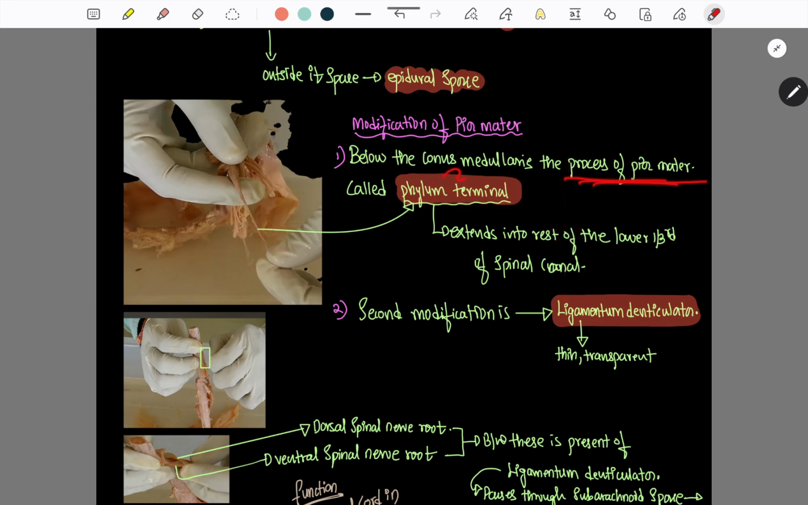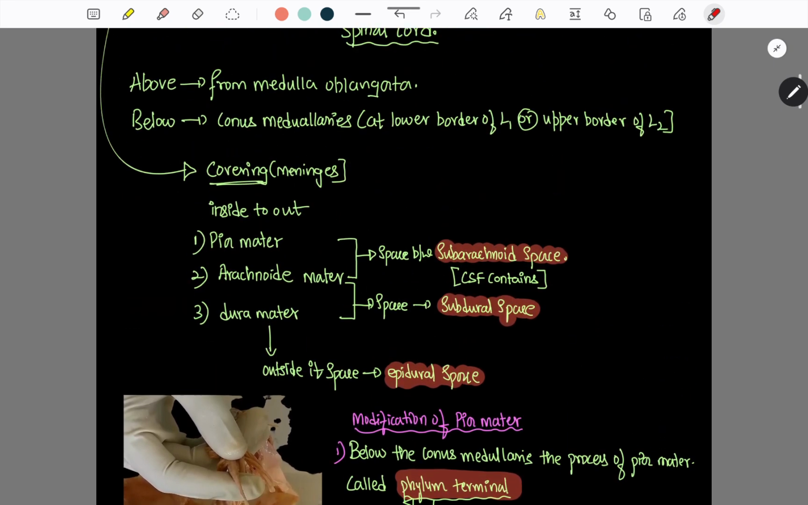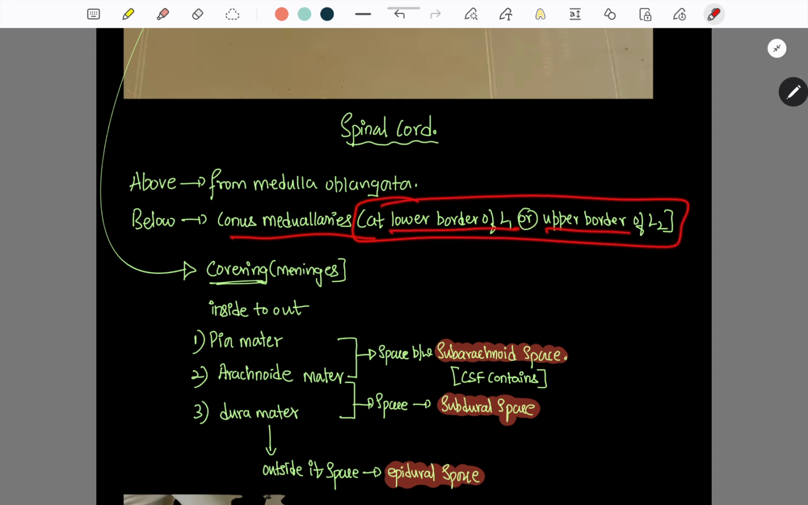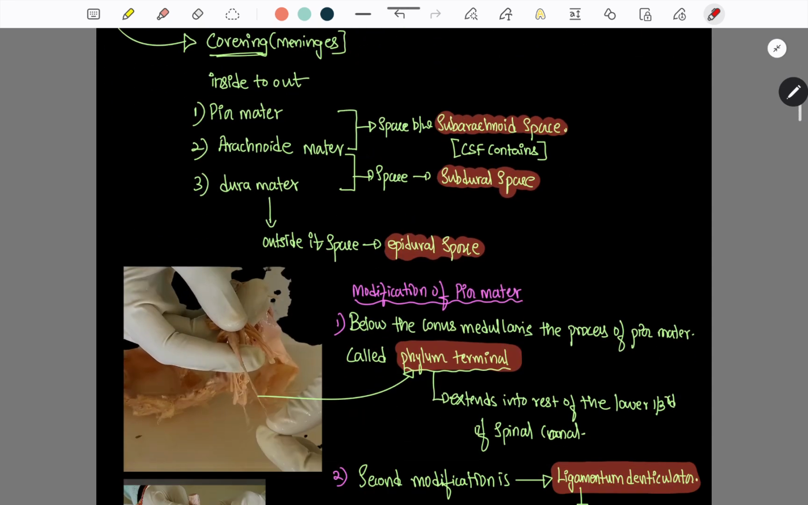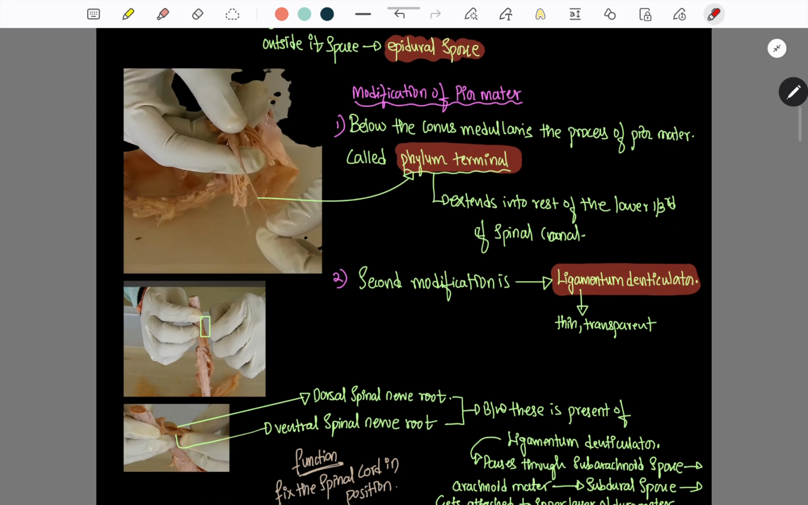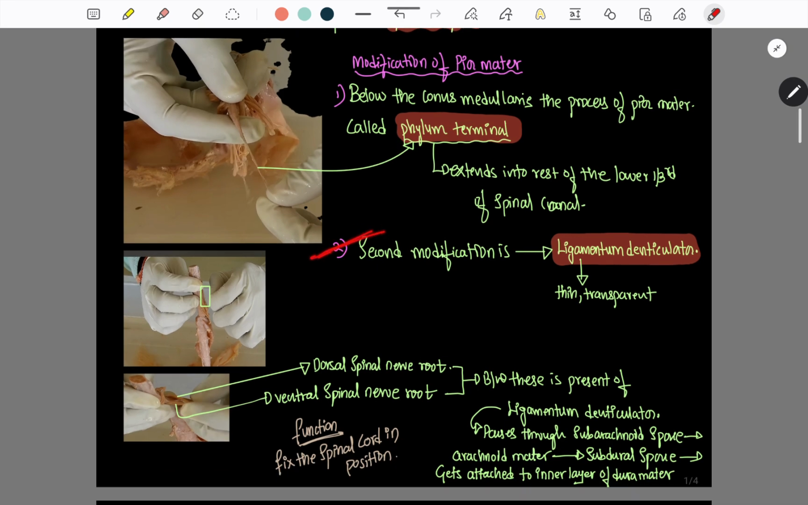The filum terminale, a process of the pia mater, extends into the rest of the lower one third of the spinal cord, because here you saw the conus medullaris extends till the lower border of L1 or upper border of L2. The rest of the lower one third of the spinal cord is covered by the filum terminale. Second modification